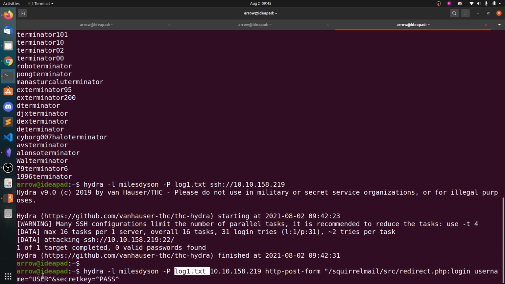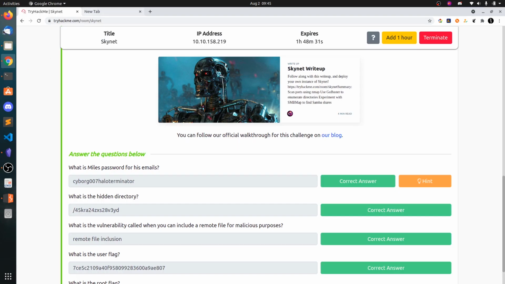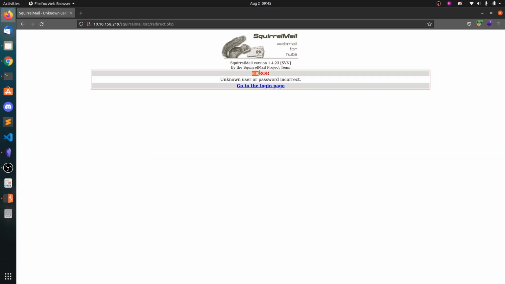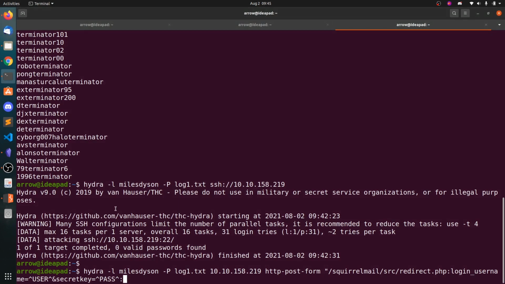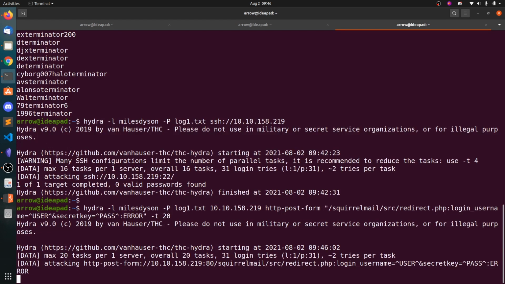You can also put the username milesdyson here, but it's best practice to put ^USER^ here, and then the error message. So if you log in with wrong credentials, you can see the error, right? So copy and paste that error, put the threads at 20 and now run this.